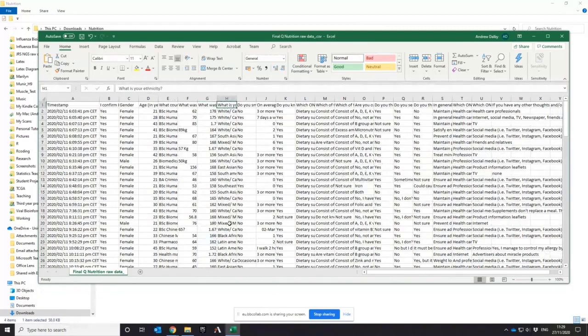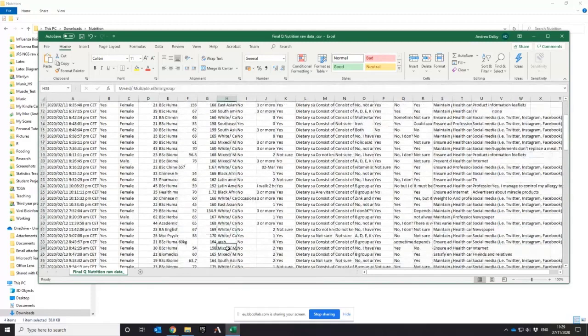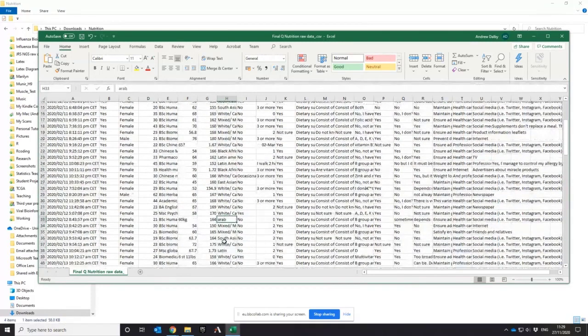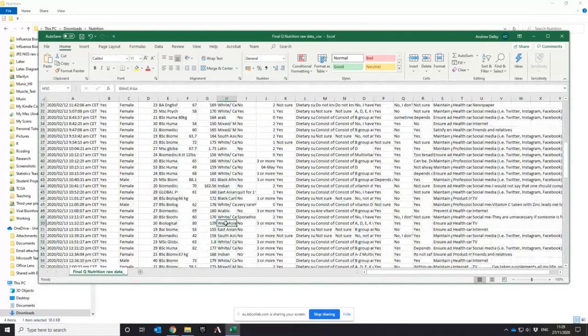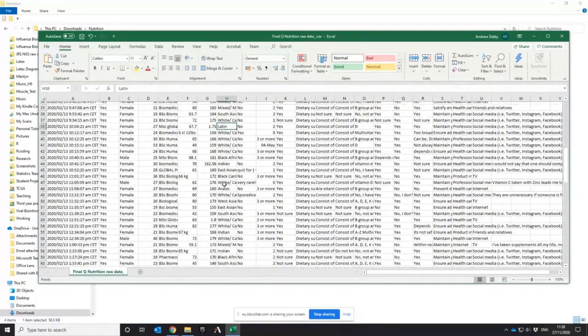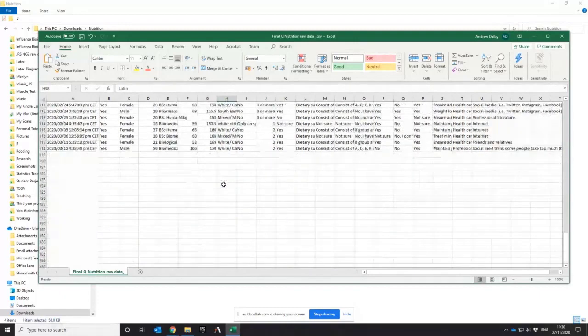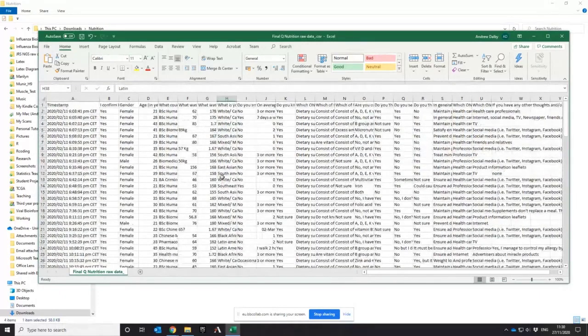Next thing, you've got ethnicity. Now again, I begin to think that they allowed quite a lot of writing. So people could put in West Asian and East Asian and Arabic and Arab and Latin. Restrict the categories. Now the reason for doing this is when you do the statistical analysis afterwards, what you're